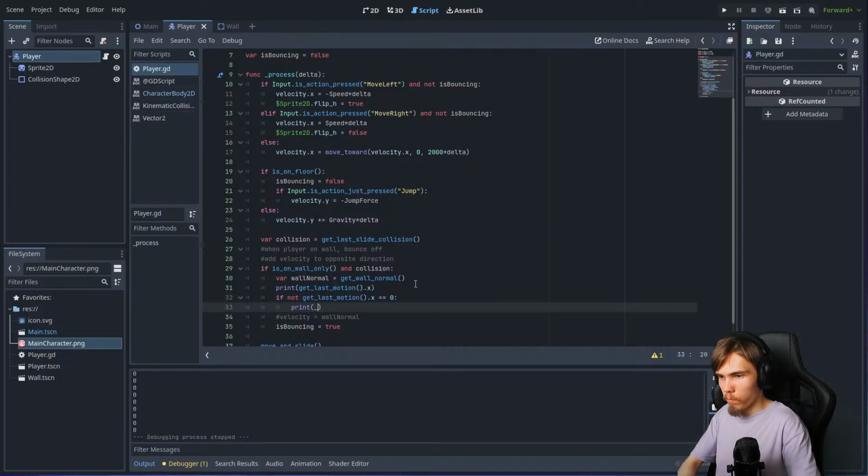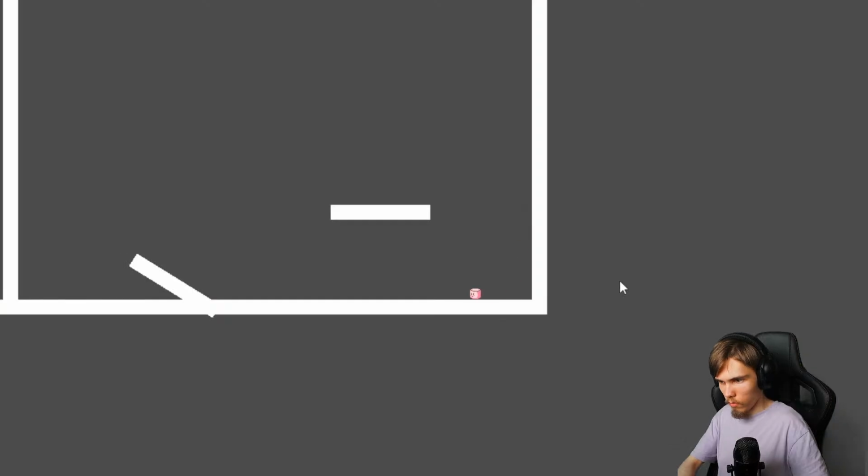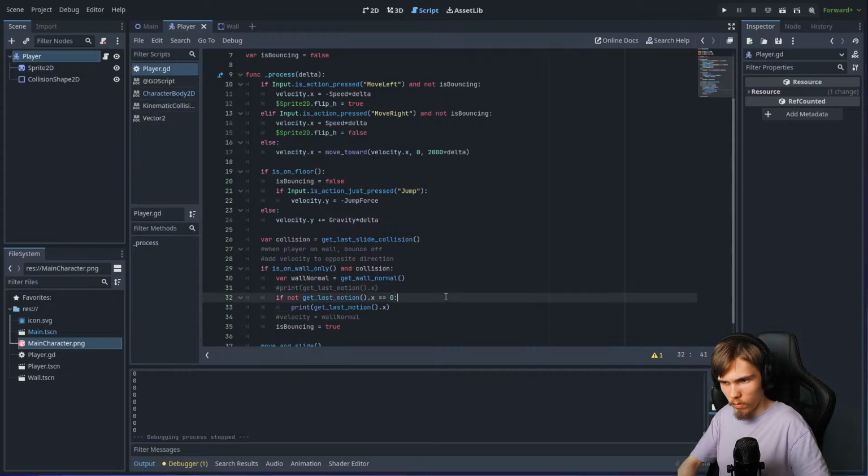Print get last motion dot x. Just to filter it out a bit. Oh, well,